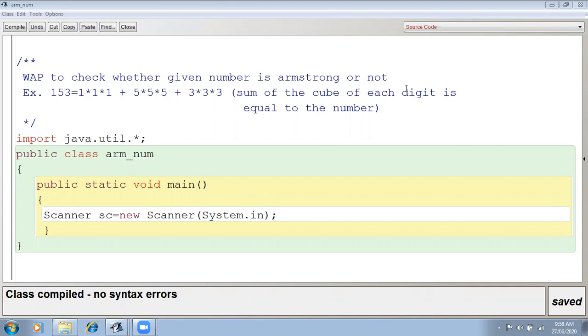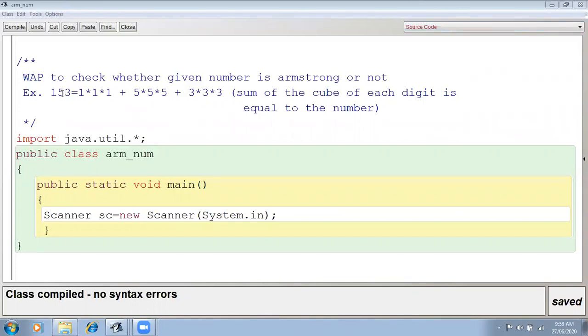In board exams, every time we get this type of number program. Just read the definition of that number carefully and accordingly form your logic.